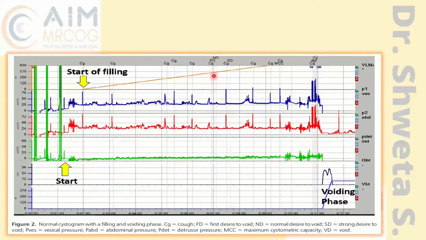If you see here, it is coming at the level of around 250 ml. And our first desire, we want between 150 to 200. So 250 is good. That means her first desire is